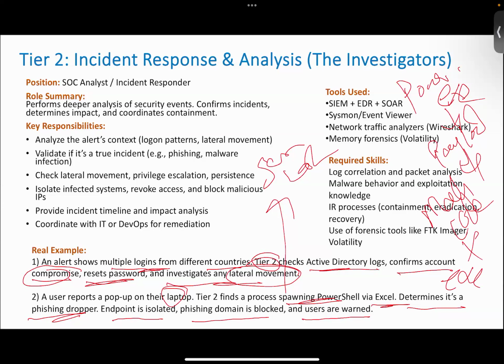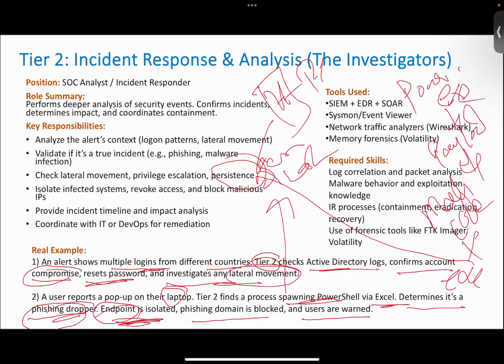Then once it is executed, there'll be a persistent connection developed with the hacker PC. So that you need to identify. Once you understand that this is a phishing dropper, then you remove the endpoint. That means you shut down the endpoints, remove from the network, remove the cable, and then keep the PC on to do a forensic